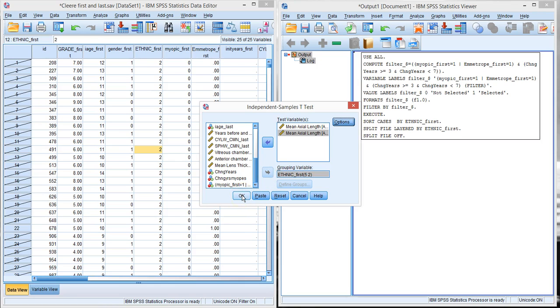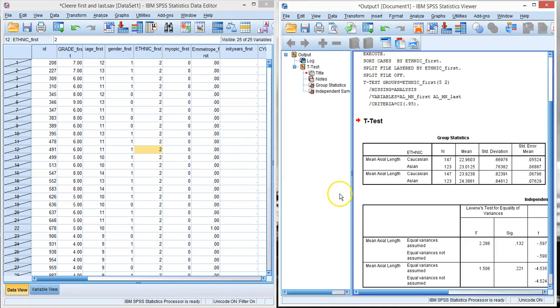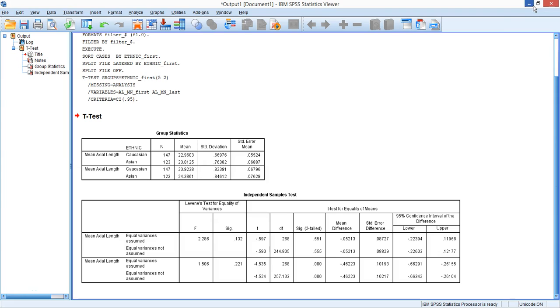Let's hit OK. We're not choosing any of those. We'll go with the default. And let's hit OK. And over here, we get a t-test. I'm going to maximize this screen so we can see it a little bit better. The independent sample t-test gives you basically 2 tables of output. One is the group statistics that has the number of subjects involved, the mean, the standard deviation, and